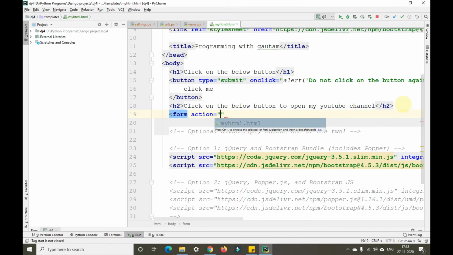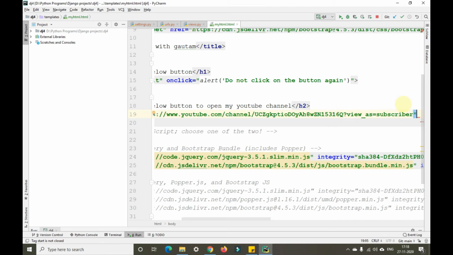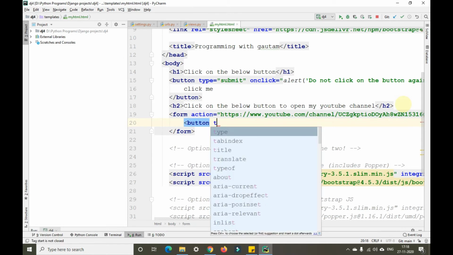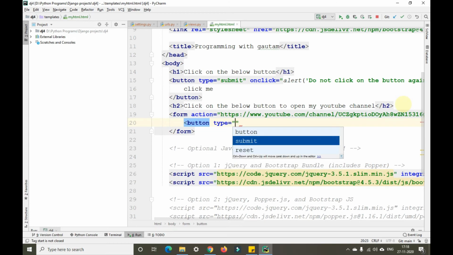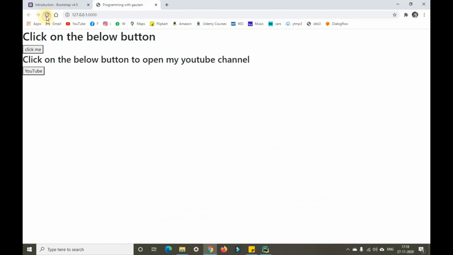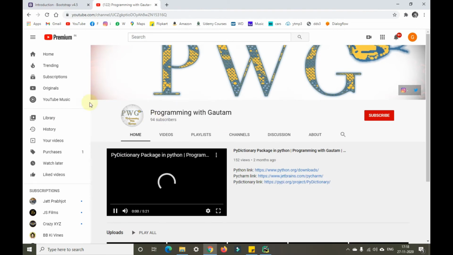Action equals to this particular thing. I'll give a button here, type equals submit, and I'll give YouTube button here. So when I go onto the page and refresh it, this button will redirect you to my YouTube page.